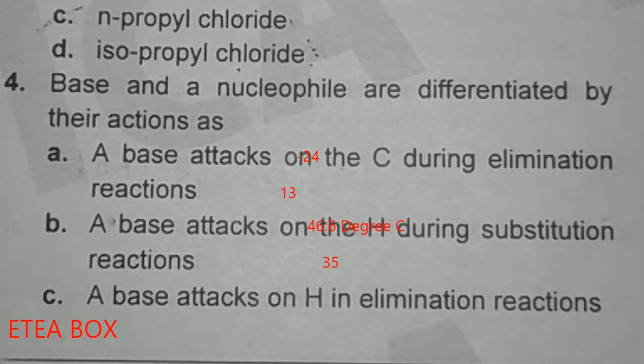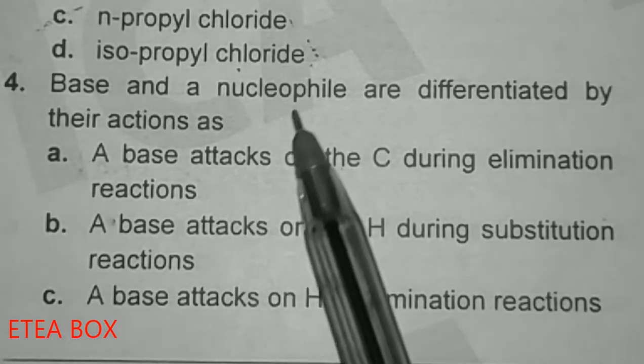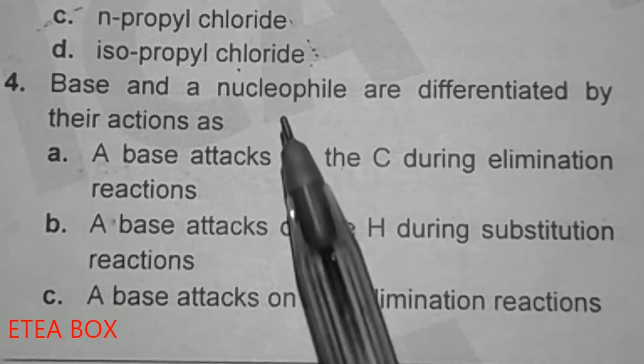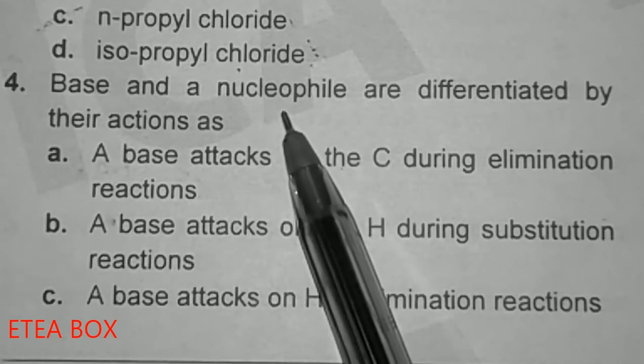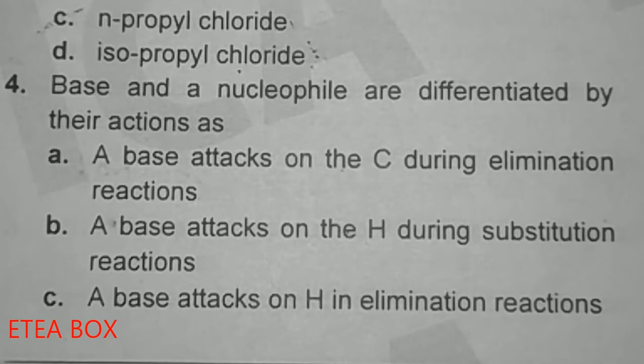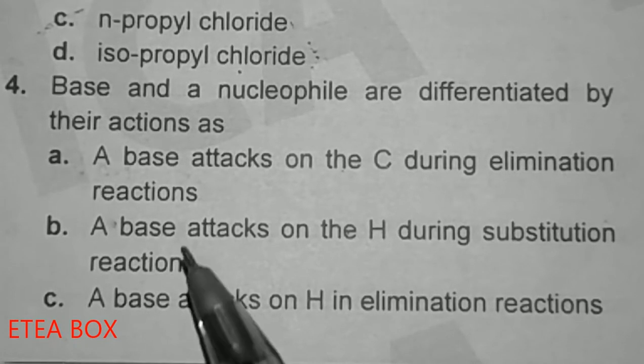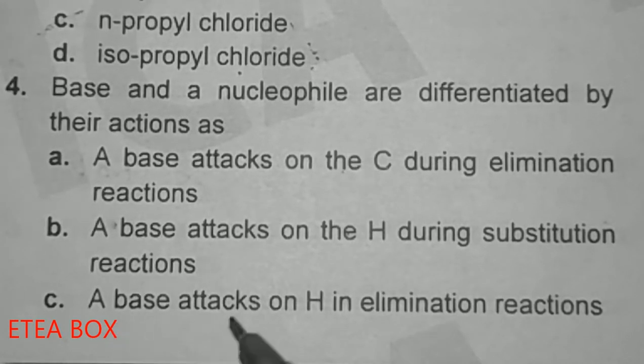A base and a nucleophile are differentiated by their actions. A base always attacks the hydrogen atom and favors the elimination reaction, while a nucleophile attacks the positively charged carbon atom, so in this case the substitution reaction occurs. Look at option C: a base attacks hydrogen in the elimination reaction, so option C is correct here. When it attacks hydrogen, it detaches the hydrogen atom from the carbon,